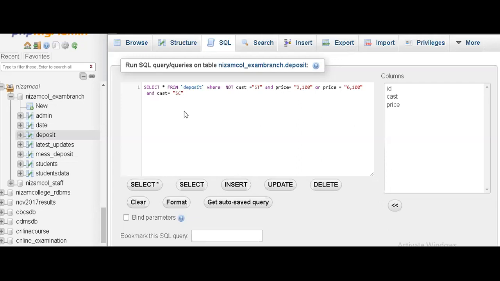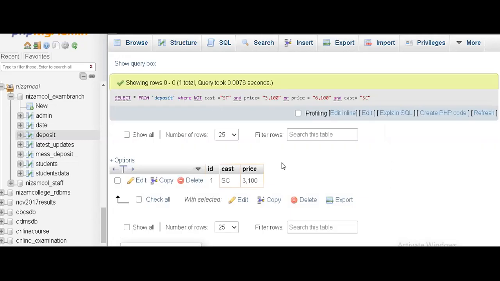So in that case, if you do like this, I'm going to get that there is one SC person who is having the price of 3,100. Like this we can frame with all your NOT, price, OR, AND.